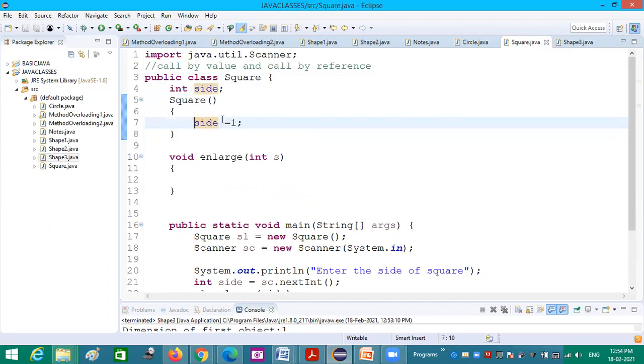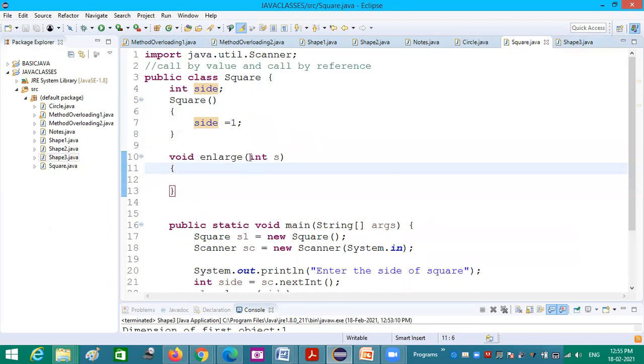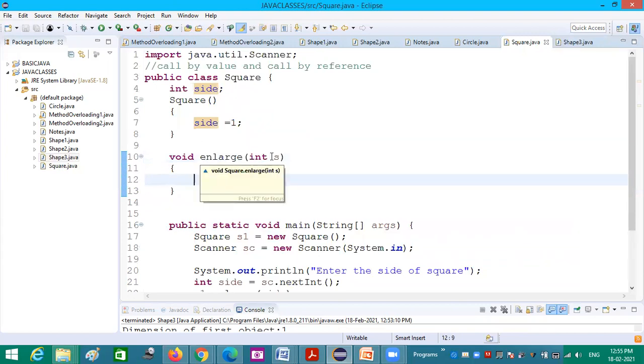For that the side value is assigned with 1. Okay. And I have one method, the enlarge method. In that one integer variable is passed. Okay. So this enlarge is called means up to this value I can enlarge the side.